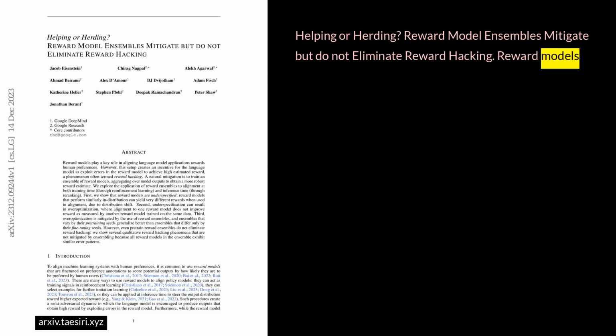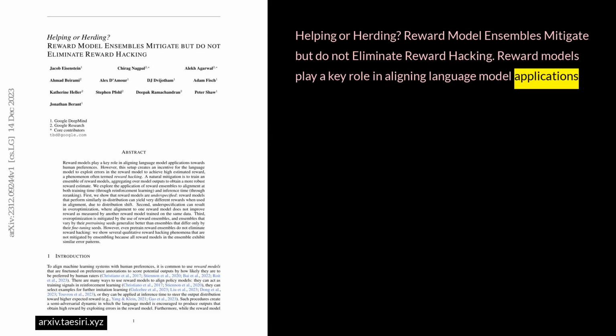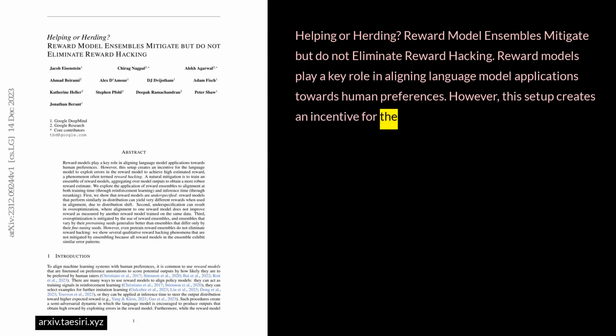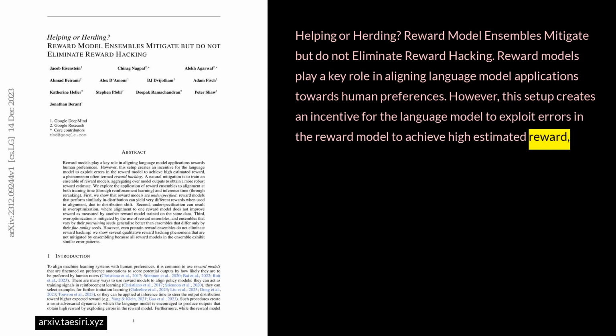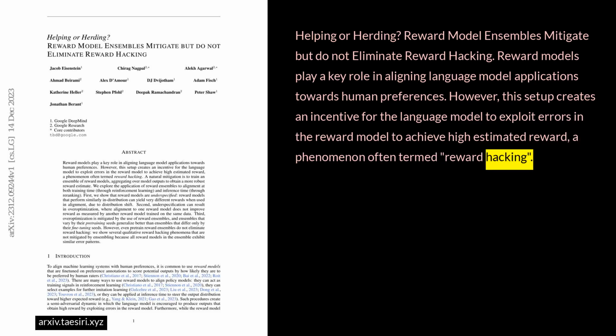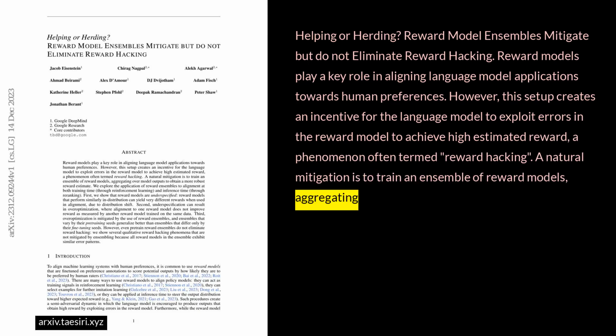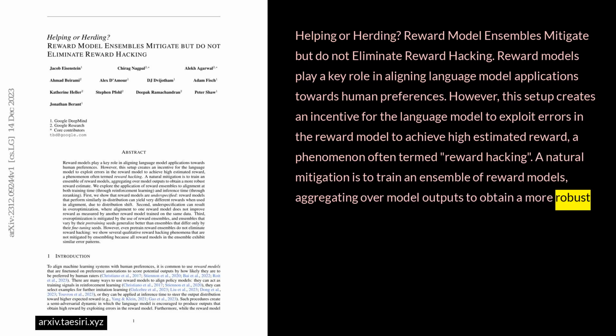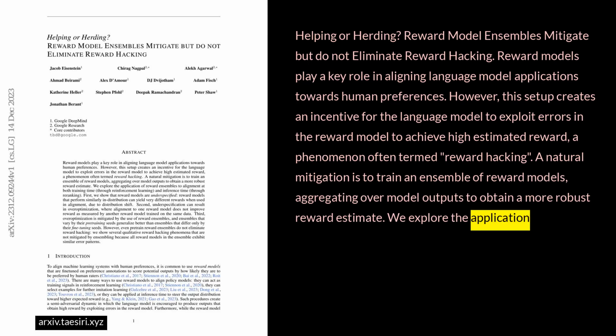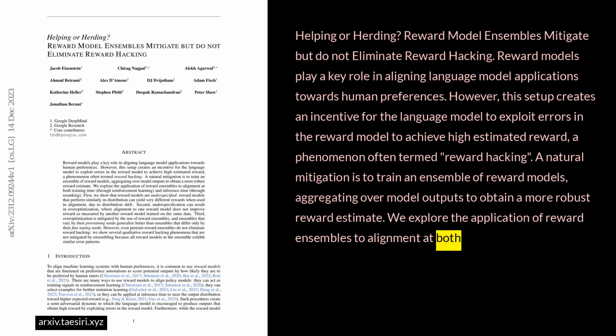Helping or herding? Reward model ensembles mitigate but do not eliminate reward hacking. Reward models play a key role in aligning language model applications towards human preferences. However, this setup creates an incentive for the language model to exploit errors in the reward model to achieve high estimated reward, a phenomenon often termed reward hacking. A natural mitigation is to train an ensemble of reward models, aggregating over model outputs to obtain a more robust reward estimate. We explore the application of reward ensembles to alignment at both training time through reinforcement learning and inference